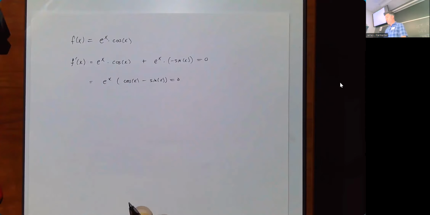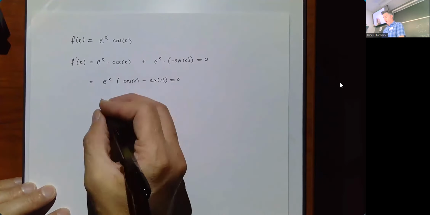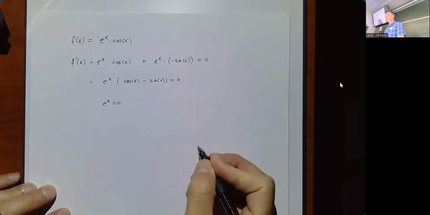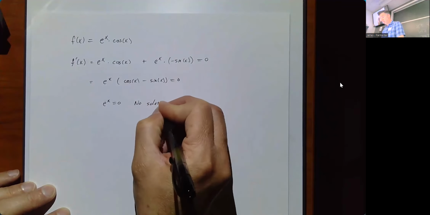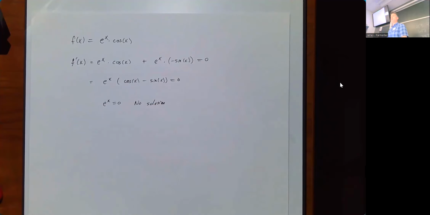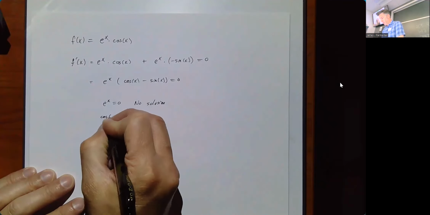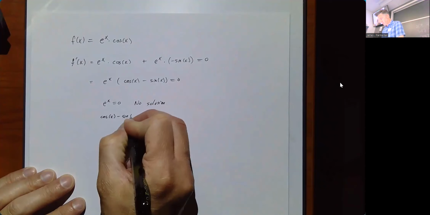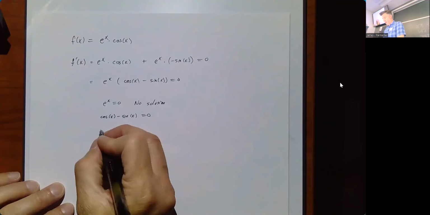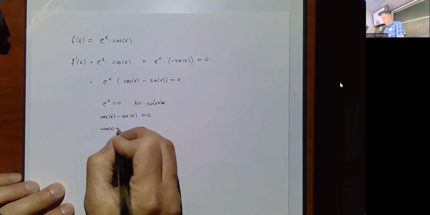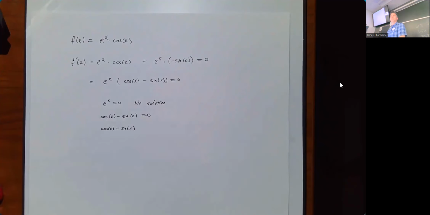So if you're trying to solve this equal to 0, you're really just looking for either e to the x equal to 0. That has no solutions, right? E to the x is always greater than 0. It's never equal to 0. Or the other factor, cosine of x minus sine of x equal to 0. So really all you're trying to do is find where cosine of x is equal to sine of x,